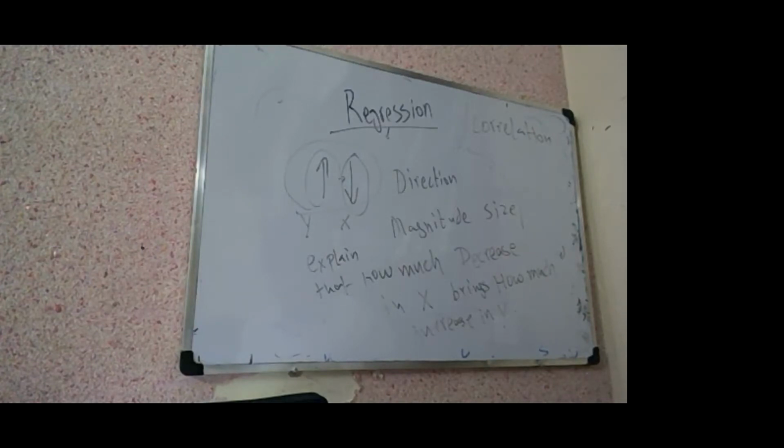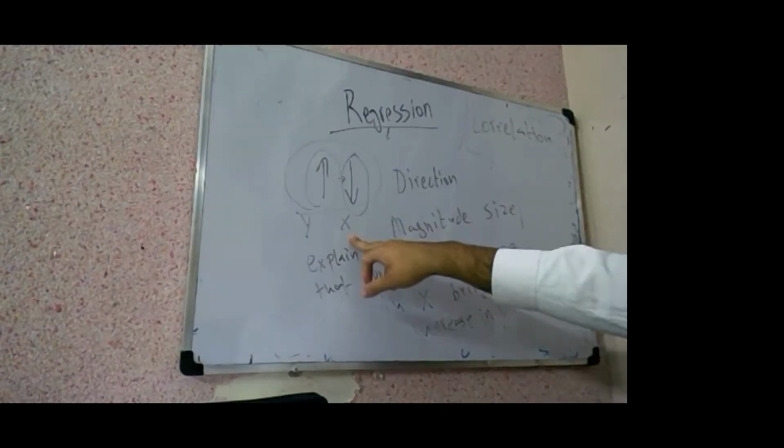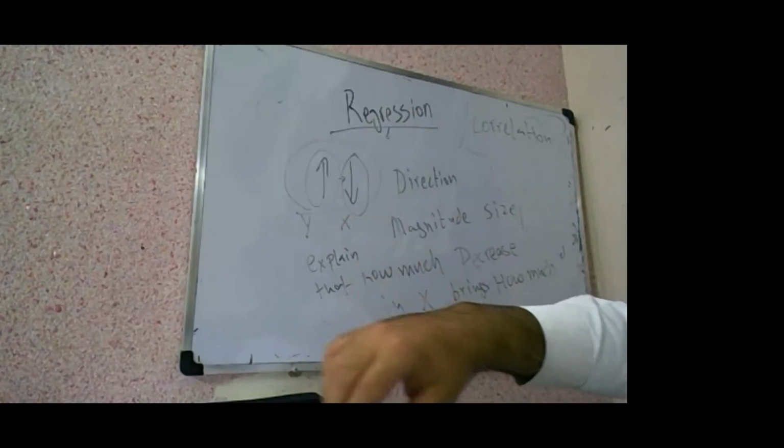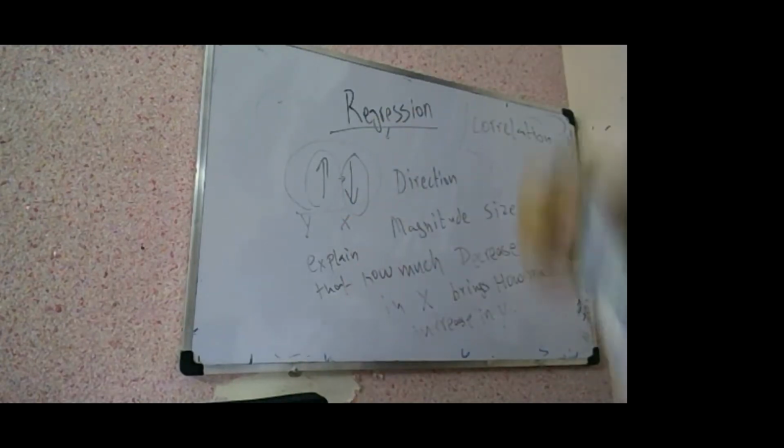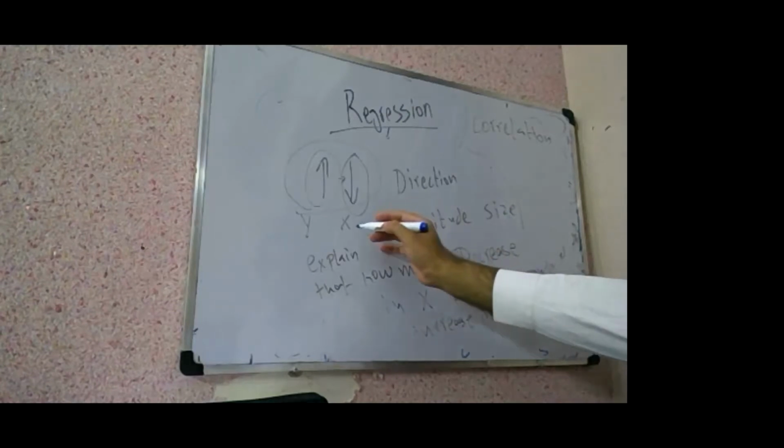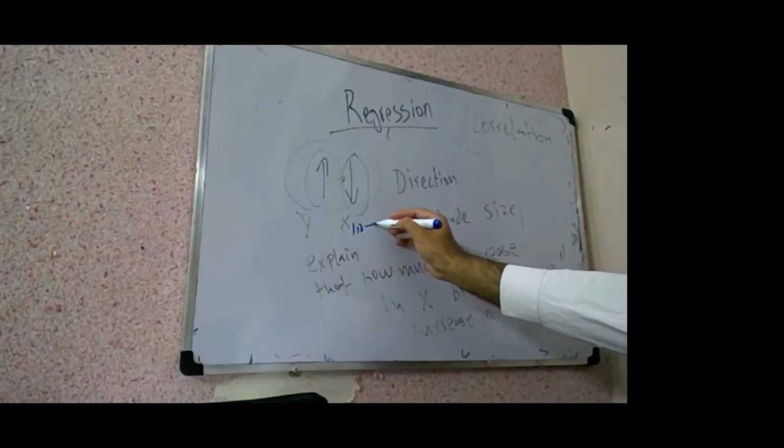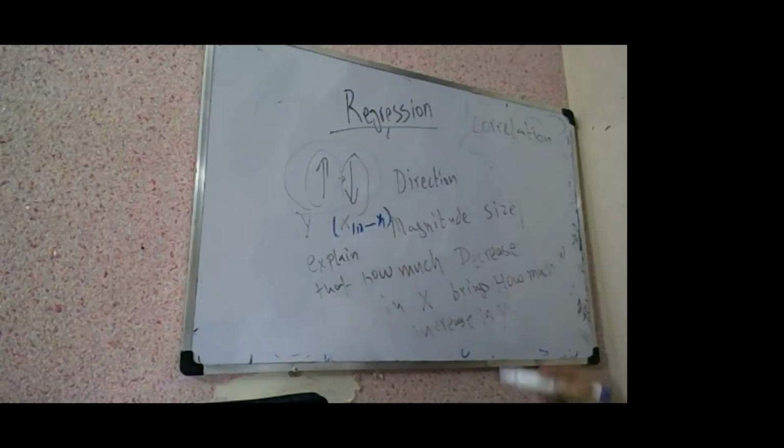Let's say we want to know that this variable y is dependent not only on one variable but on more than one variable. So it doesn't only depend on x, but on x1, x2, and so on, up to xk. So in this case, how the set of x